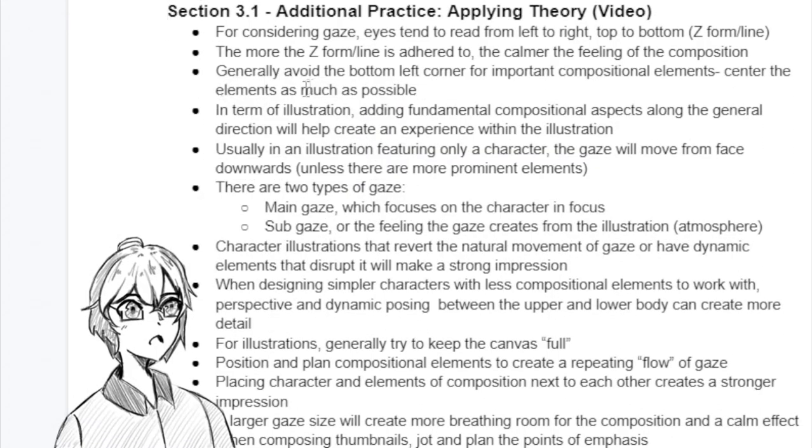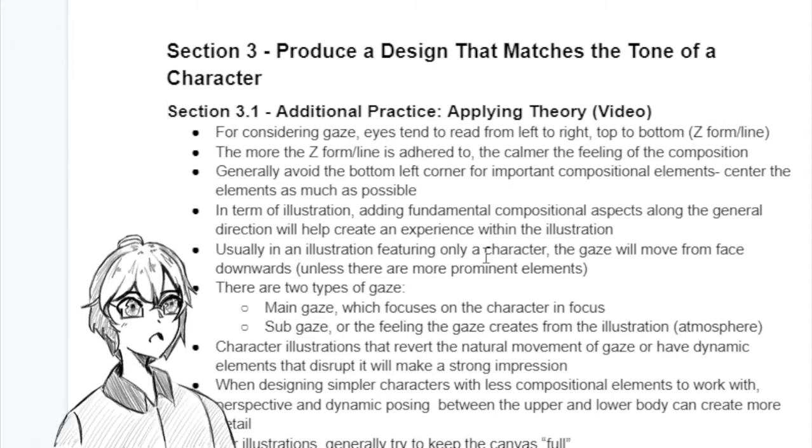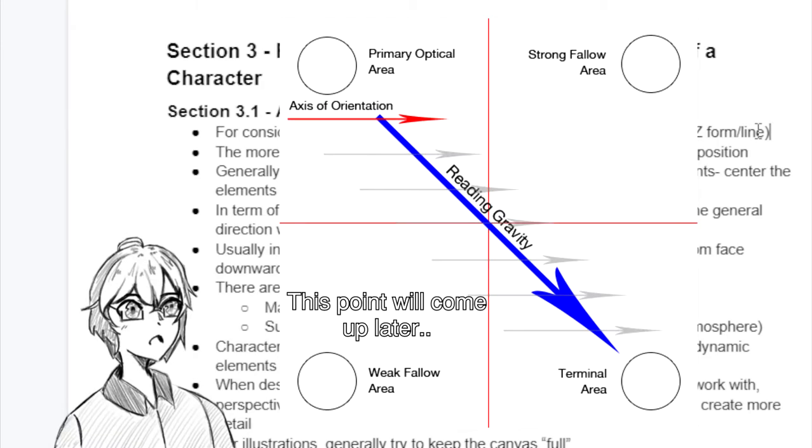So getting started, for considering gaze, eyes tend to read from left to right, top to bottom, which is also known as the Z form or line. If you've taken an art appreciation course or you know about the concept of how we view things, this idea of the Z form line is actually subjective depending on the cultural aspects of reading. It's said to actually be reversed in Japan because they read from right to left. So keep in mind a lot of things can really vary on this idea,